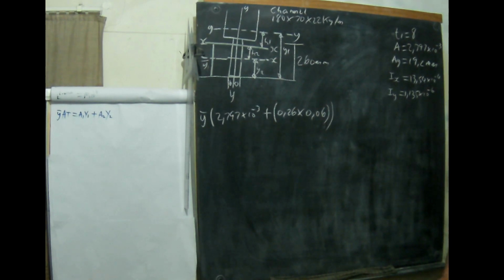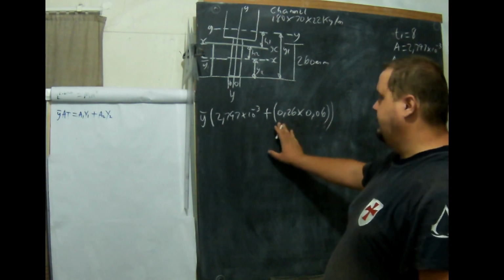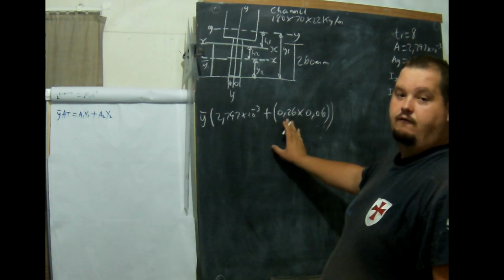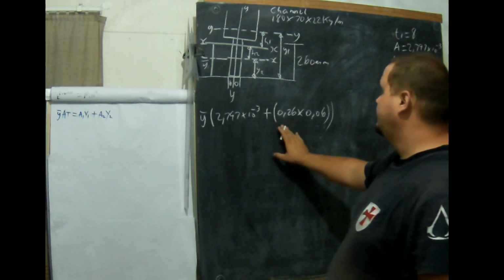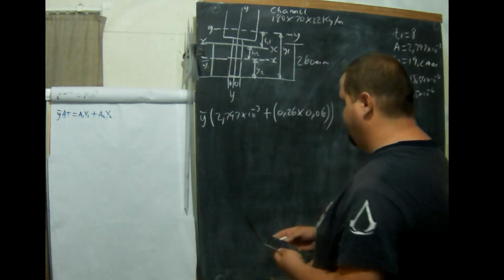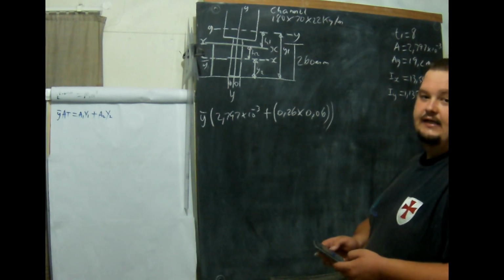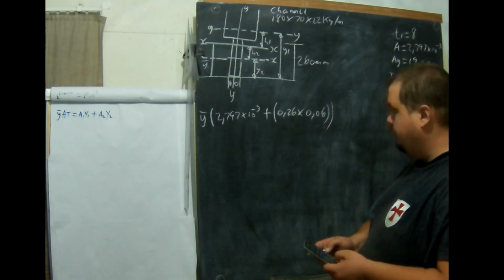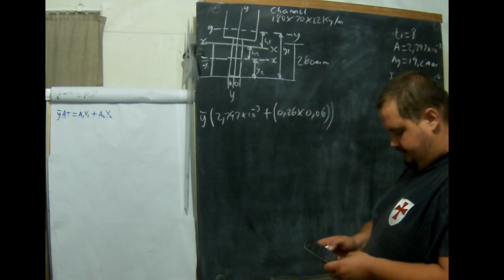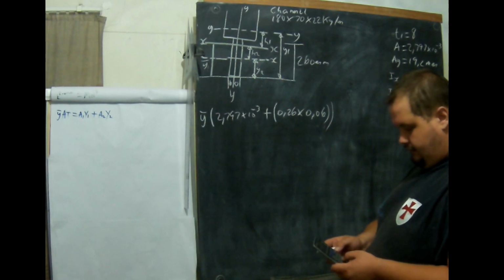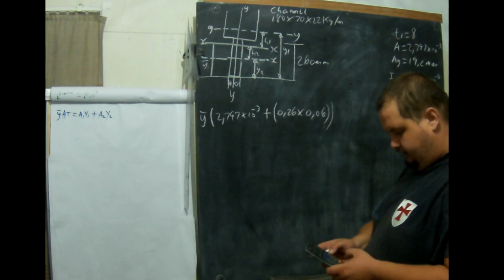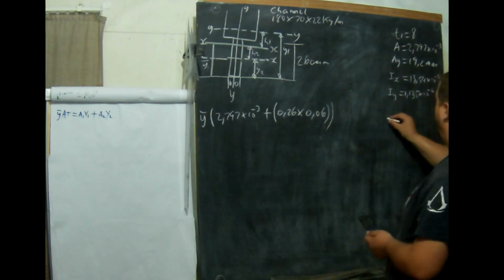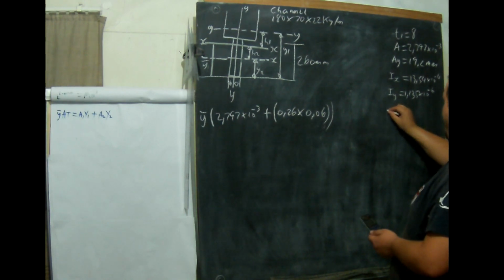As we go through this, we're only working out sections of our formula. We're not working it all out at one go. Work it out in sections and then bring the sections together. So now, let's put it in our calculator, and it'll be something our calculators can handle. So, bracket 2,797 times 10 to the minus 3 plus bracket 0.26 times 0.06 bracket equals. Now this is our first answer, so this will be y bar